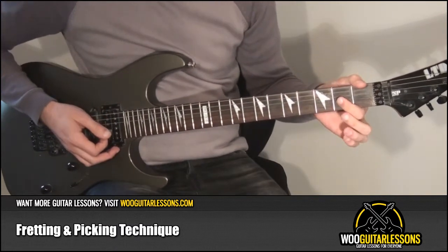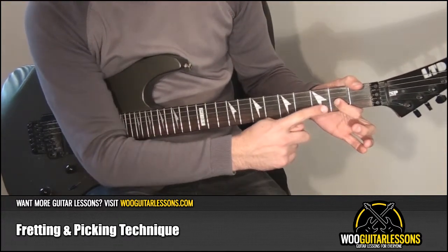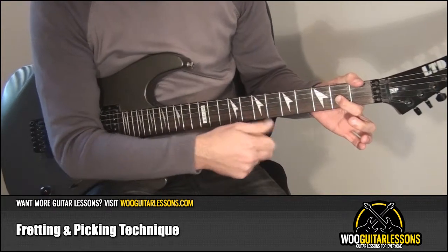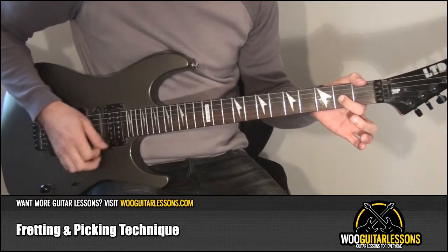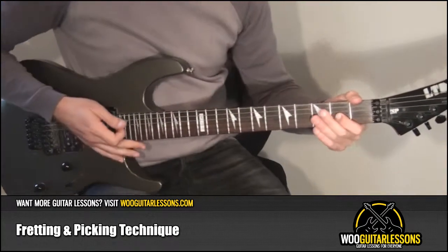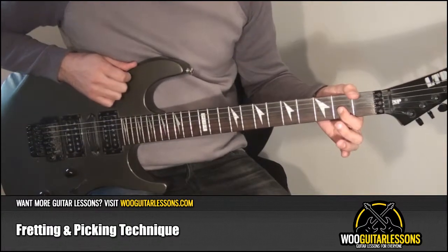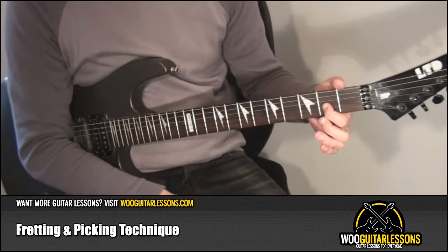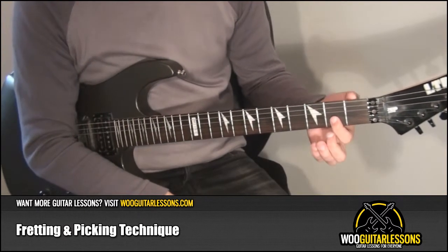If I were to lay my finger down like that, what's happening is the bottom part of my finger is accidentally touching the other strings, the bottom 2 strings, and it's muting them like this. Okay, which is something that we don't want to happen. So if that's happening to you, what you might want to try and do is, if your thumb's at the top over the neck, just bring it down a little bit,